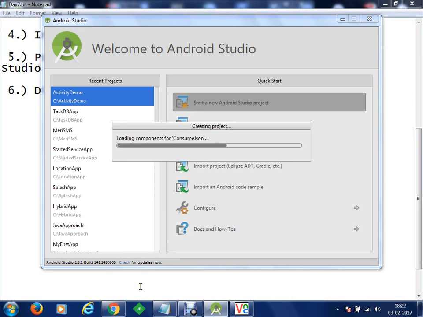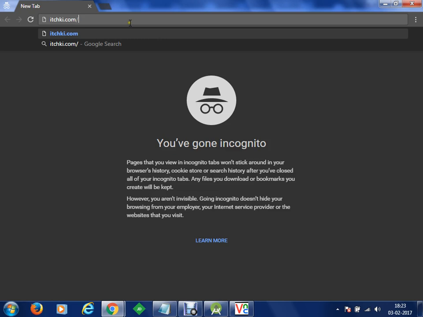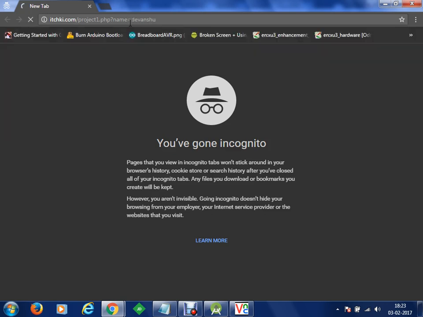By the time our application gets created, we'll go to the browser and check our server file. Our server is itchkey.com, the name of the file is project1.php, and if we provide it a name, let's say Devanshu, we are going to get an output.